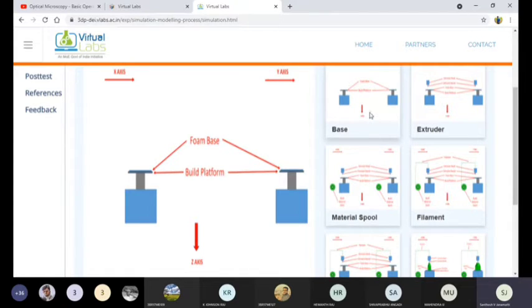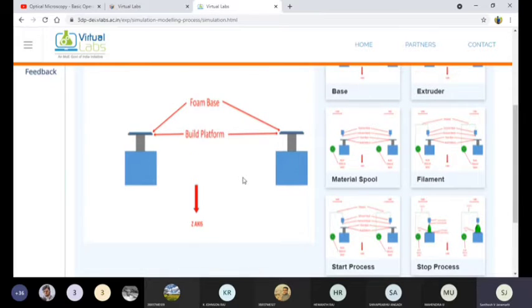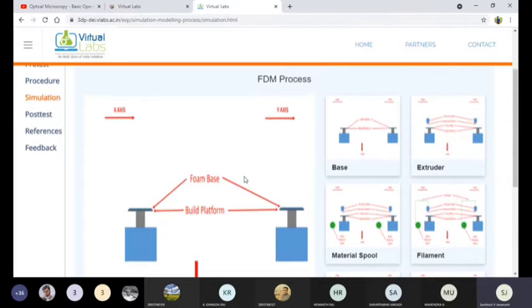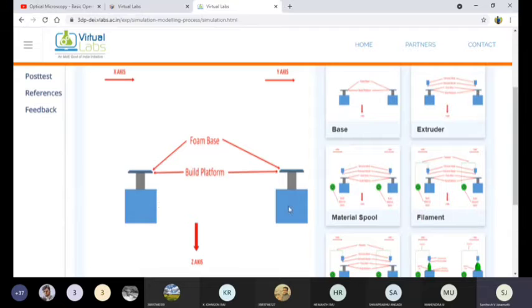Here is the build platform. Our 3D product will be generated from this build platform. These are the solid or rigid portions, the rigid structures on both sides. We can call this the base, right?